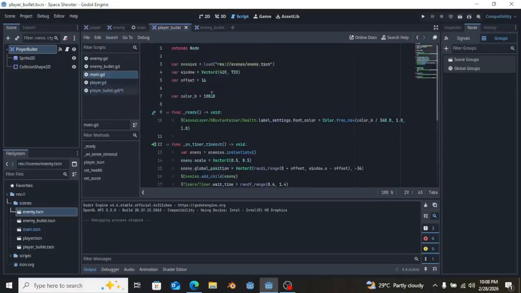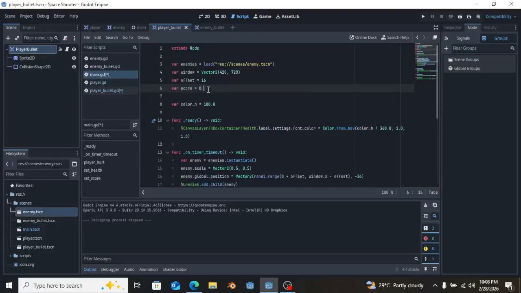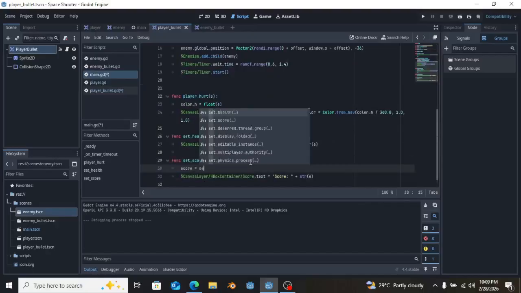So right now we are quickly going to create a score variable, set it to 0, and the same thing we are going to call in a setter. Should we use the set score already? I just use that, and we just set the score to equal to the value,